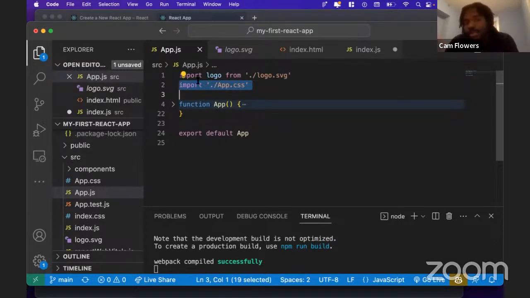So imports, we talked about. I've mentioned briefly the corollary to imports is exporting. So in order to import JavaScript files into another JavaScript file, we need to export it. So you can export objects, you can export functions, and you can export any kind of data that you create using JavaScript. And the way that is structured is we create some JavaScript,